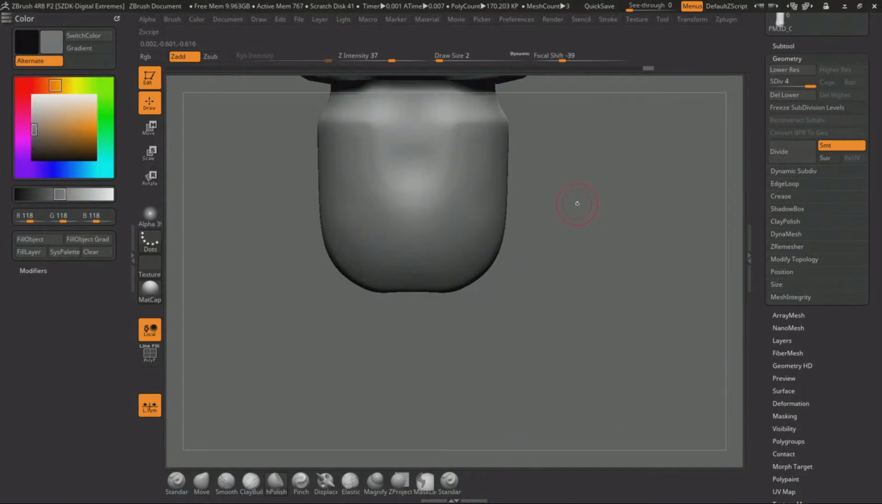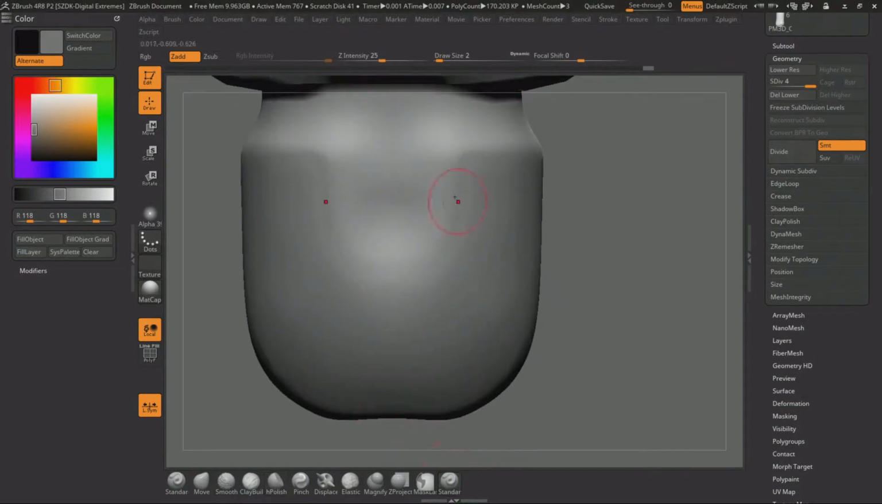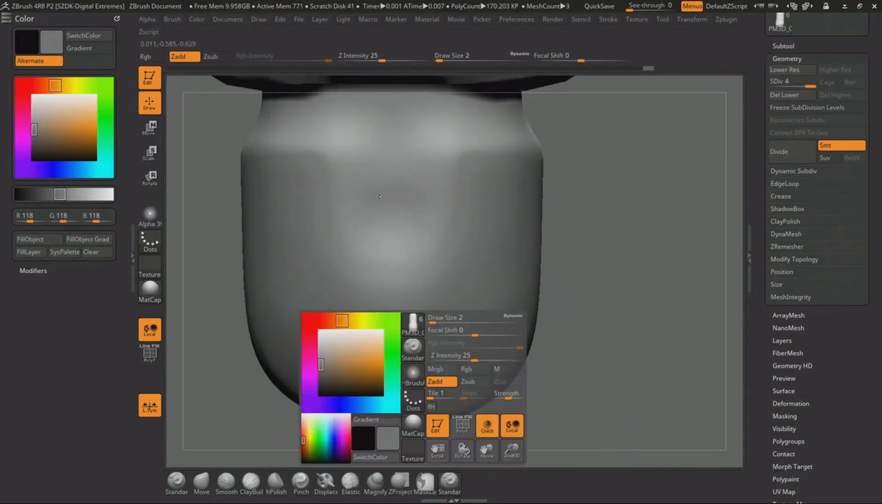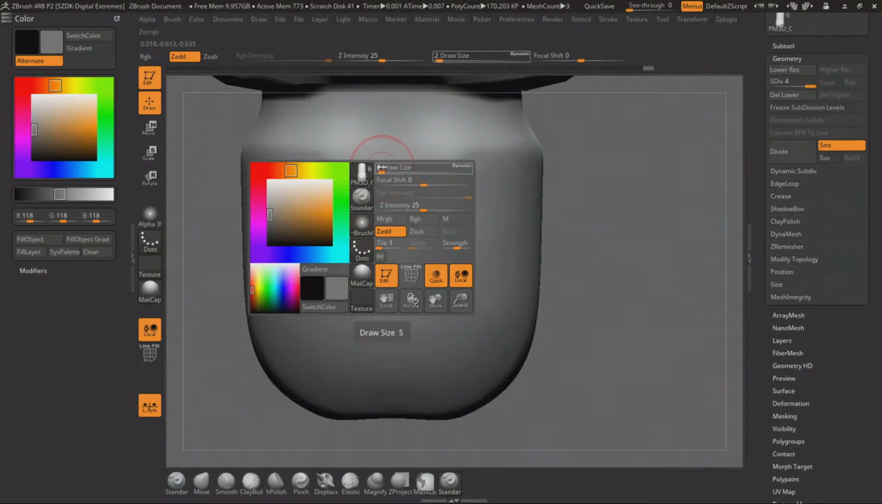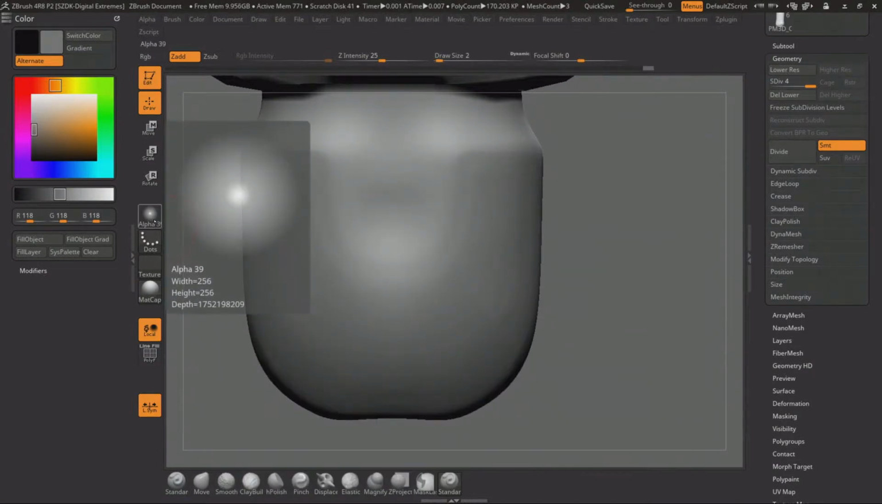Now that everything is subdivided and clean, we're going to start adding some detail with a very simple trim brush. To make this simple trim brush, you will first select the standard brush, then in alpha you're going to put alpha 39,